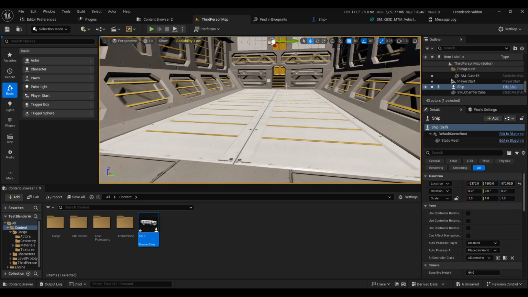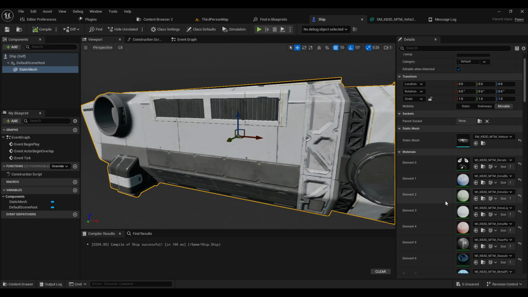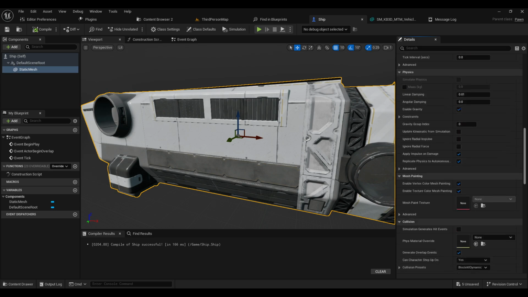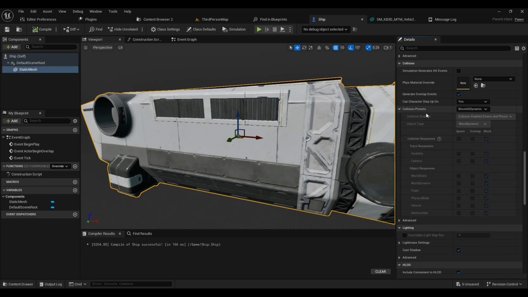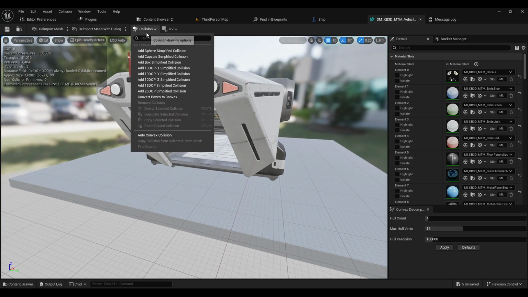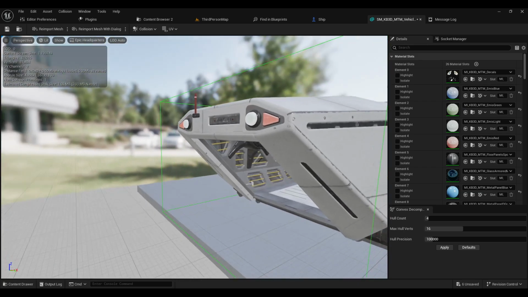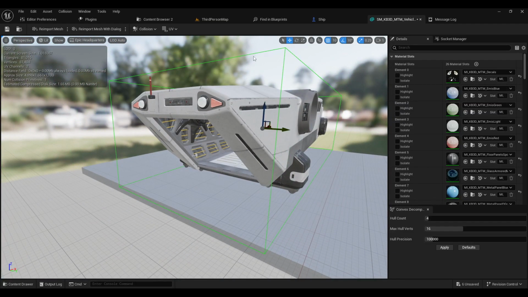Let's save it. Even if you change it from here, like collision stuff, collision preset, it's already block all dynamic. It should be blocking you from going there. So if you are lazy enough, just use a simple box. You see that box? It's blocking the entrance, so it's not really good, right? So you're going to delete it, or maybe